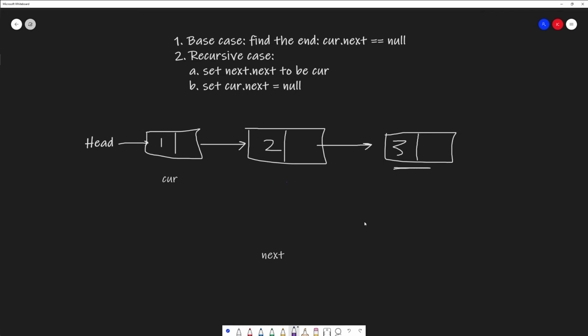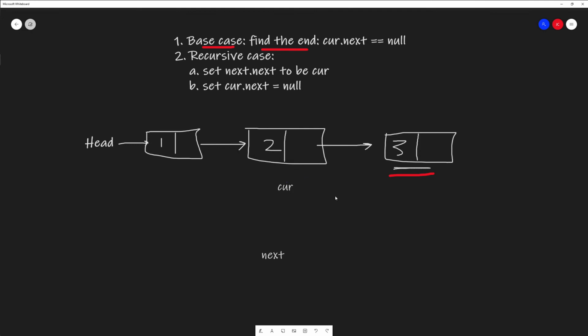Looking back at where I went wrong, where I returned the end of the list, we didn't really need to do that because if we remember, the front of our list is the last node. It is 3. What we actually need to do is continuously return the front of our list back. We just need to adjust our algorithm a little bit. We still have our base case, which is we find the end of our node and then return that. We run our recursive algorithm. We go to node 2, we go to node 3, and then node 3's next is null, so that's our base case. We return node 3 back